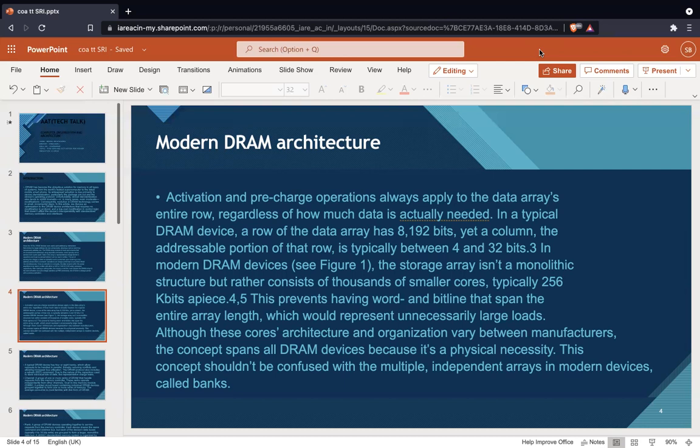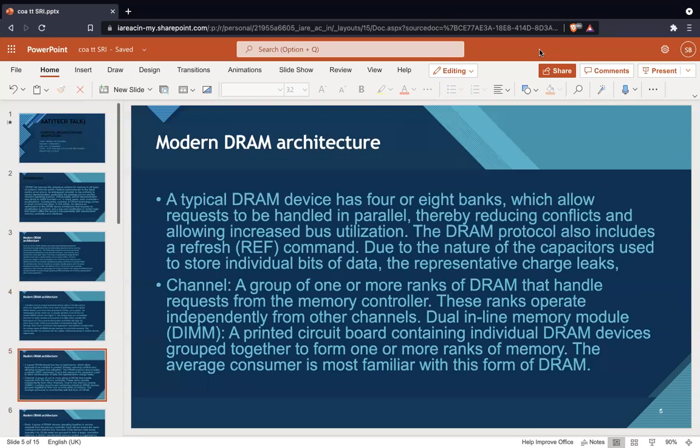This concept shouldn't be confused with the multiple independent arrays in modern devices called banks. A typical DRAM device has 4 or 8 banks, which allow requests to be handled in parallel, thereby reducing conflicts and allowing increased bus utilization. The DRAM protocol also includes a refresh command. Due to the nature of the capacitors used to store individual bits of data, the representative charge leaks